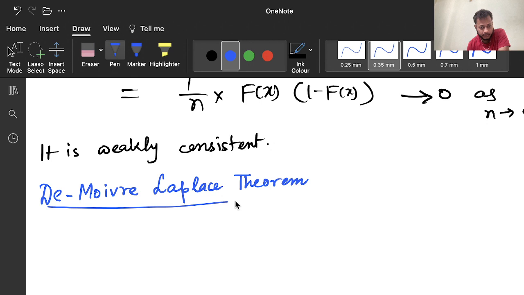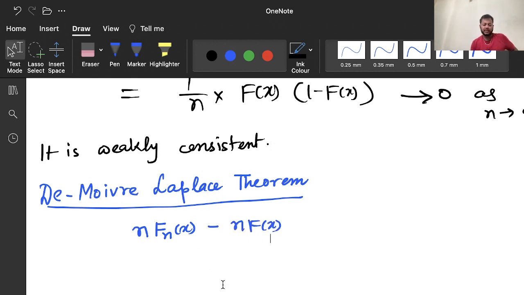From this theorem it follows that n Fn(x) minus n F(x), since n F(x) is the expectation, divided by its standard deviation,